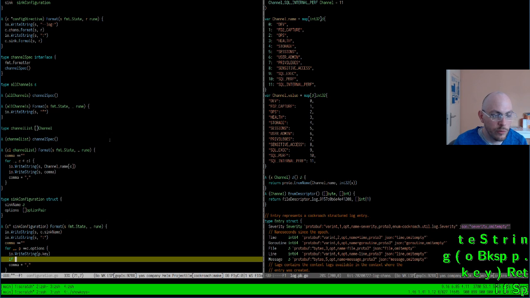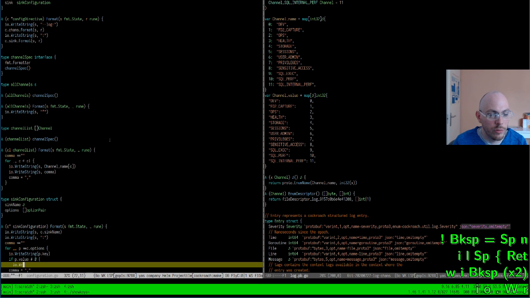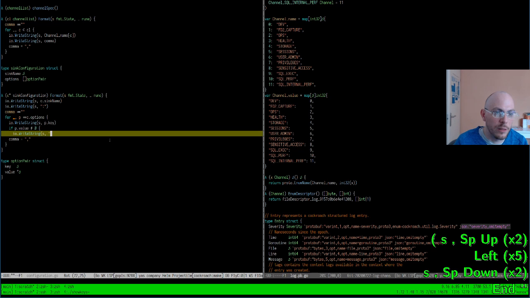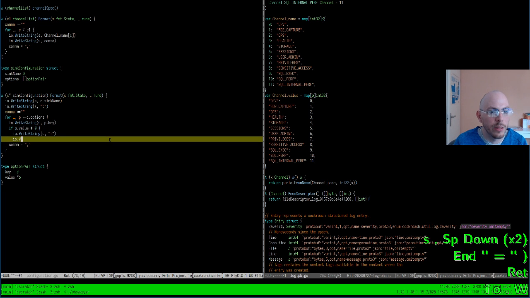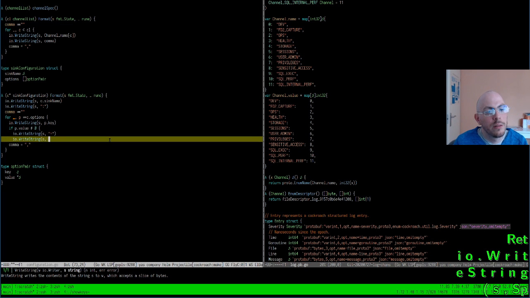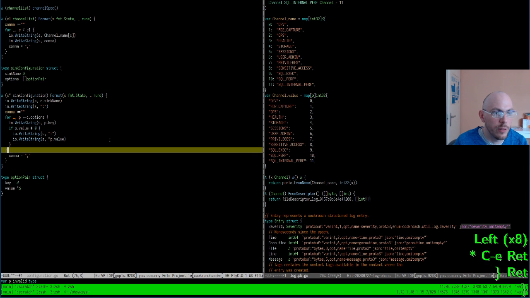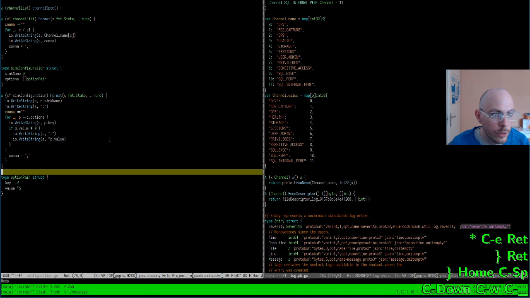And then if the value is not null, io.writeString, the equal sign followed by C value, except that it's a pointer, so I do it like this. Oopsie.